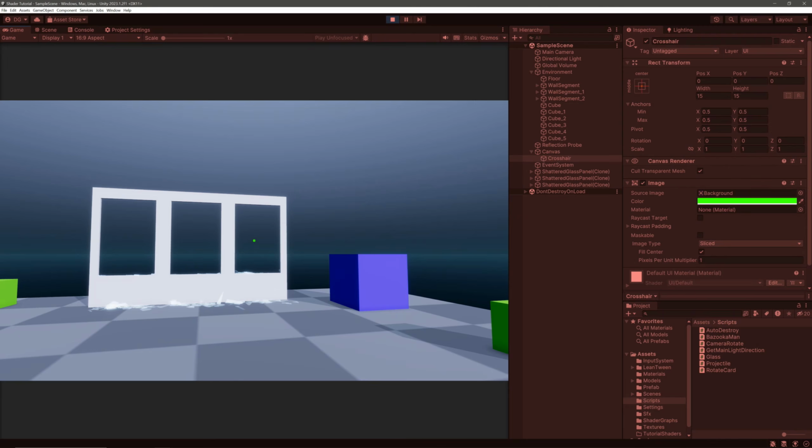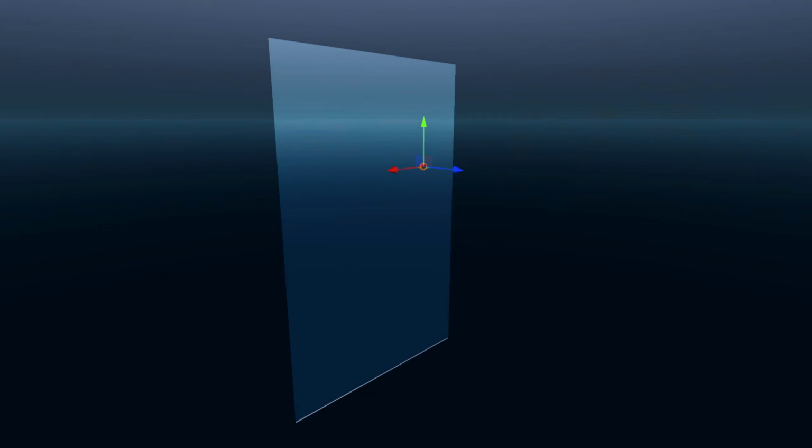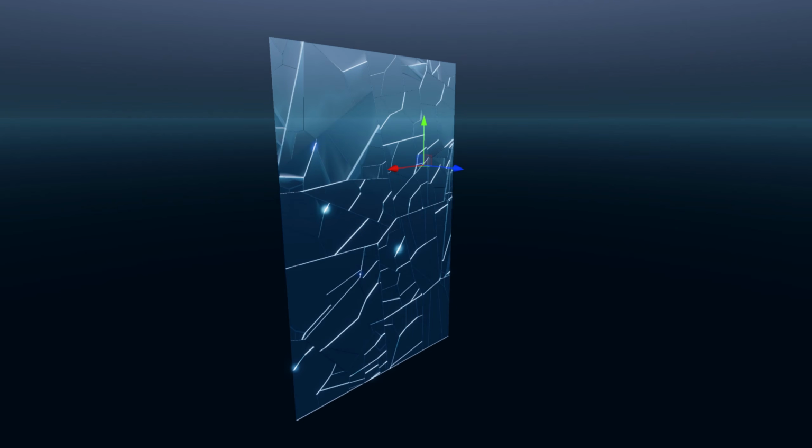And yep, our logic is working. However, our glass just crumbles down regardless of where our bullet collided with it. We want some heavy impact feel. To do that, we will take the position of our bullet at the time of collision. Our intact glass will be replaced by the shattered version. Our bullet will also be destroyed, but we will have its position. We will cast a sphere from that position and will apply force on all the rigid bodies that will be